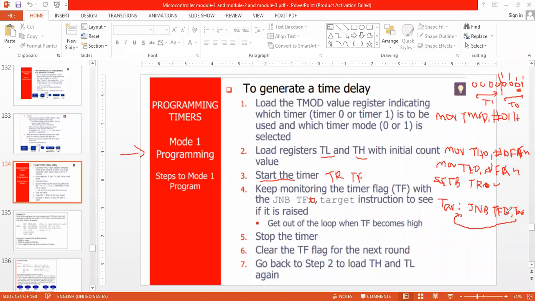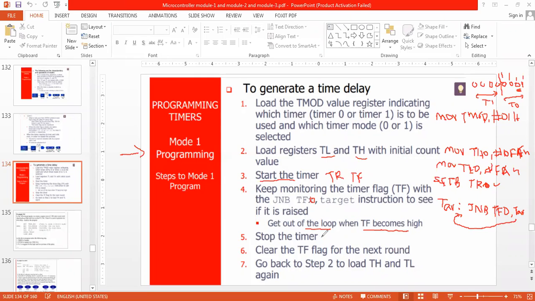Then TF0 will become 1. Get out of the loop when TF becomes high. This instruction keeps on monitoring the same thing, TF0. We are stuck here, and we will come out from this instruction whenever TF0 becomes 1.